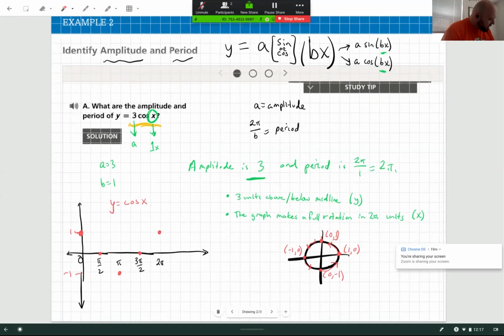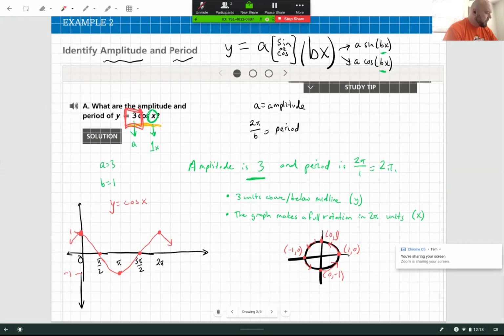So a cosine graph looks kind of like that. You want to try to make smooth curves at the top and the bottom. These points up here should not look like V's. They shouldn't look like that. They should be smooth. So do your best to make them smooth when you're drawing. Okay, so that's what a cosine function is, but let's talk about what this 3 in front of the cosine